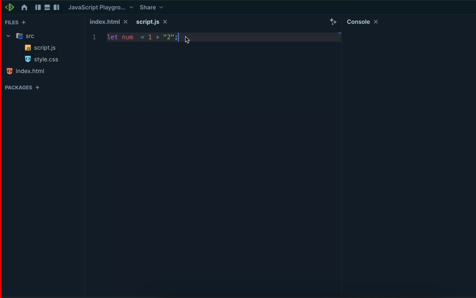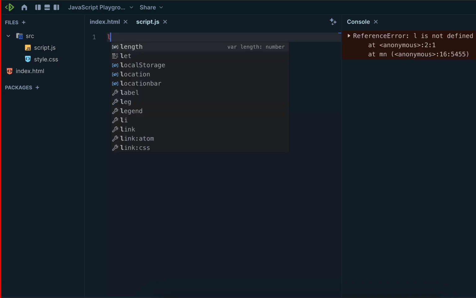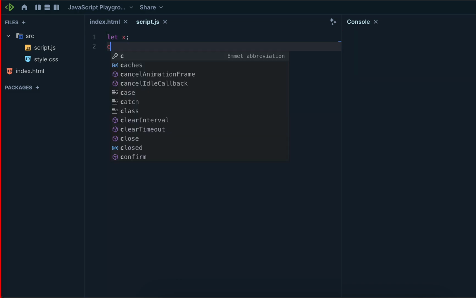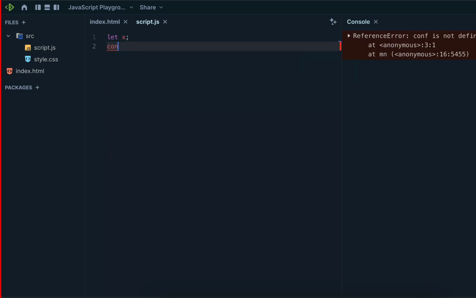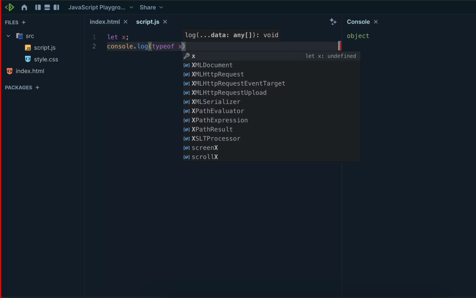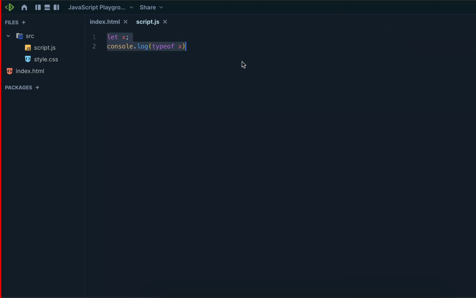Okay, leave it. I have to explain the type conversion also. So you have let x something, and here I am checking the type of x with console.log. Okay, don't need the output. Leave it.